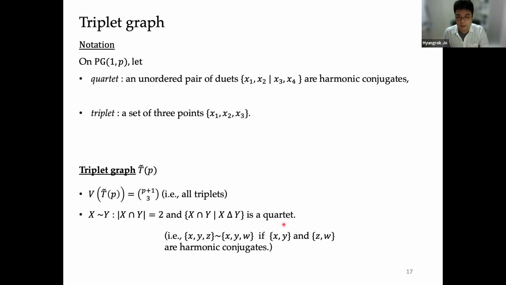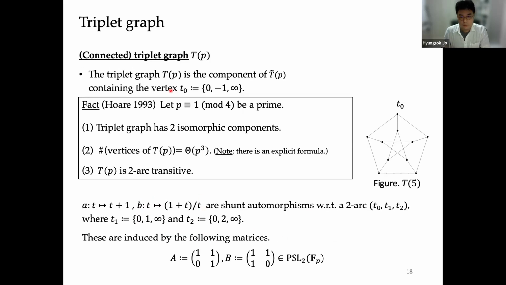And if they are harmonic conjugates, then they are adjacent. So we want to consider only the connected triplet graph, and so we consider only one component containing the